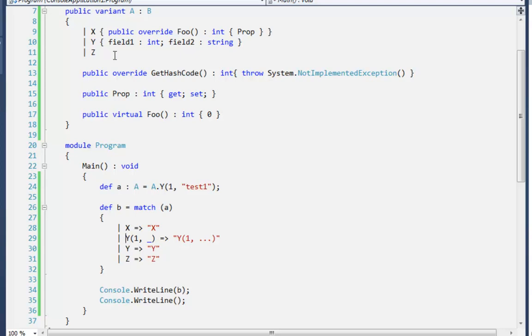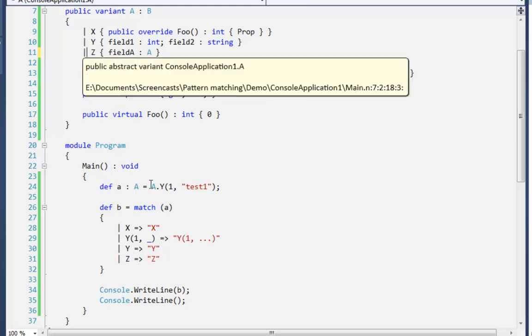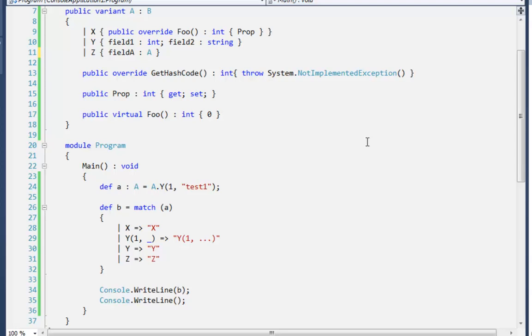Variants can be recursive. Let's define a new field A of the A type. So our field can be any of these types, X or Y or Z. And now let's create the instance of this data type